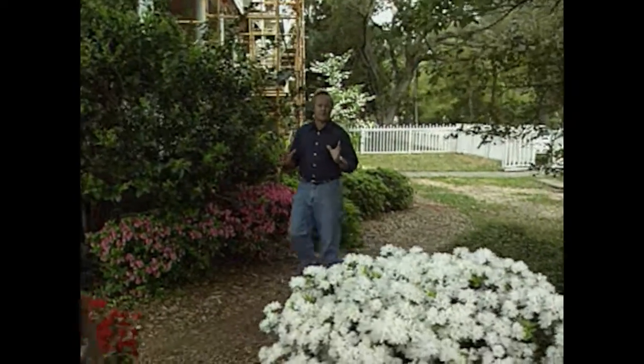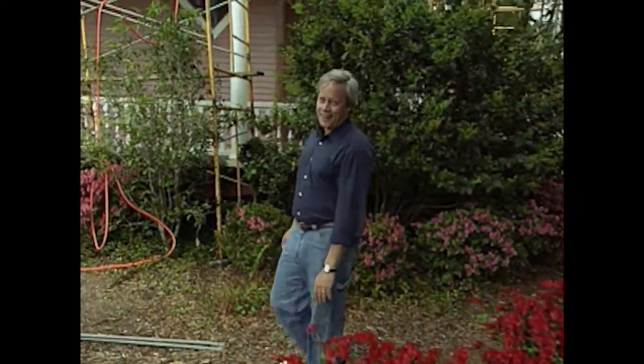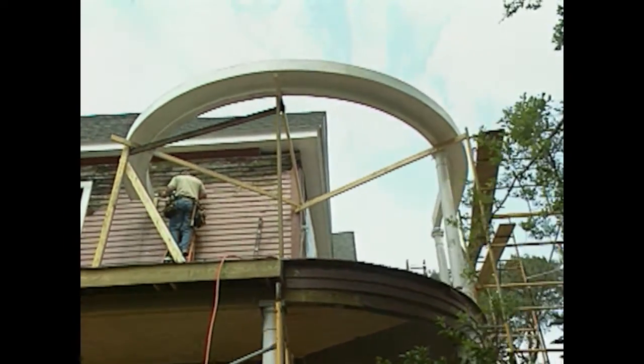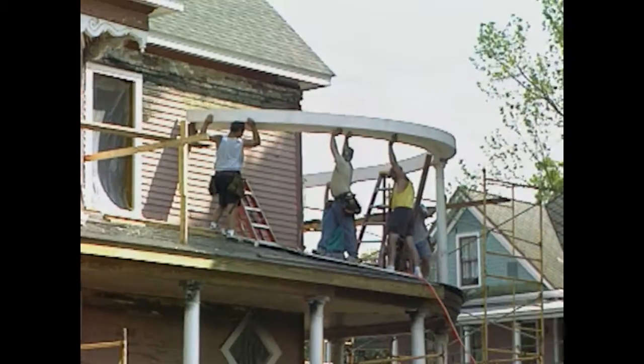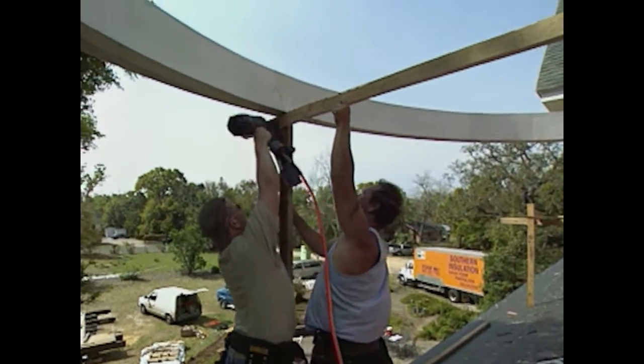With the roof all in place and all strapped down, the work could really move along, and it really has over the past 3 or 4 weeks. Now, they're in the process of working on securing a curved beam section right to the wall so that they can later build the porch roof all along the front of the house. Now, the original beam was in pretty bad shape and had to be completely reconstructed here on the job, and just this morning they raised it and put it in place, and they're in the process now really securing it